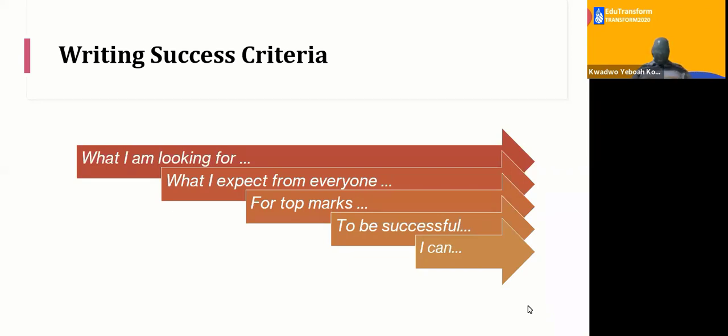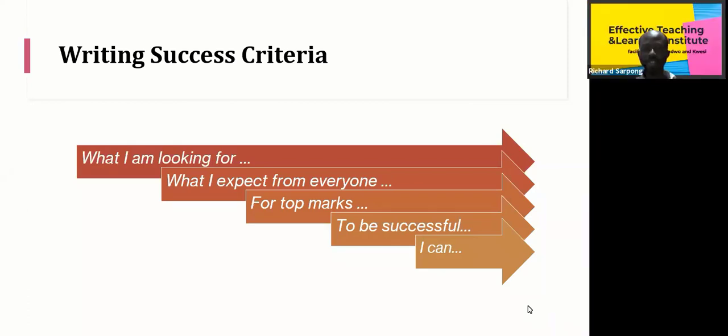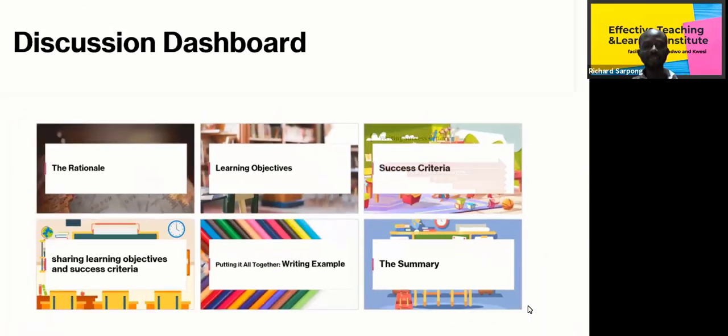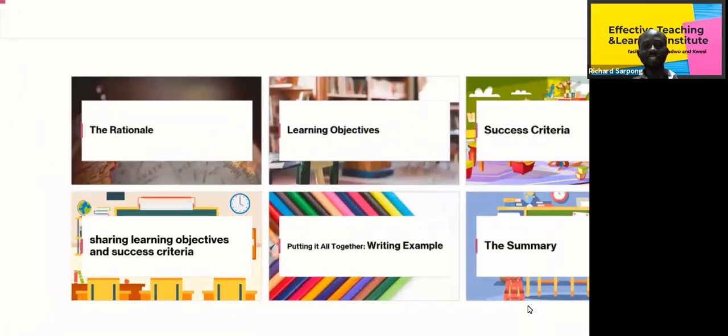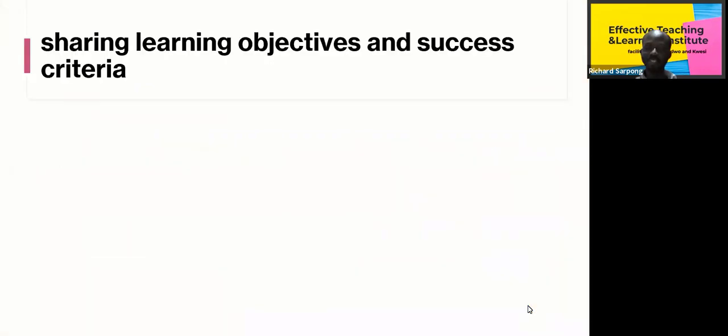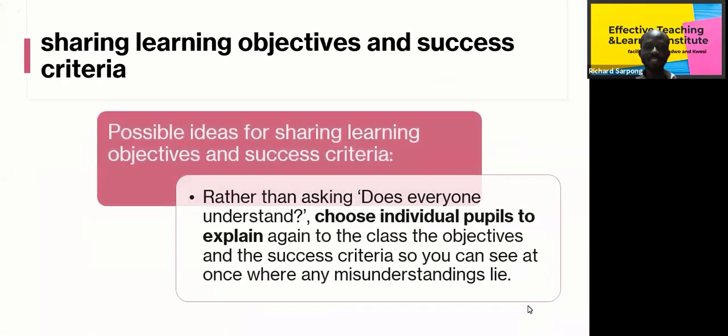Now, do we need to be particular about how we share the learning intentions or the success criteria? We should. Like we said, it has to be in a student-friendly manner. That is what we looked at in the first episode. But there are two things that I also want to talk about in reference to sharing. So now that you know how to write the learning objectives from the curriculum, and out of it design the success criteria, which help students to recognize whether they've been successful with their learning,